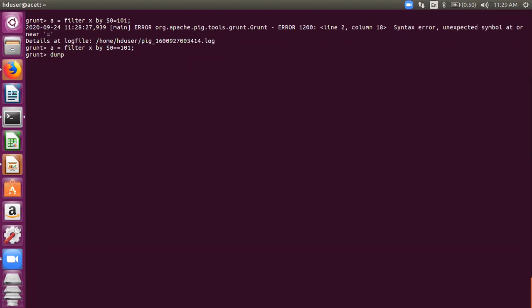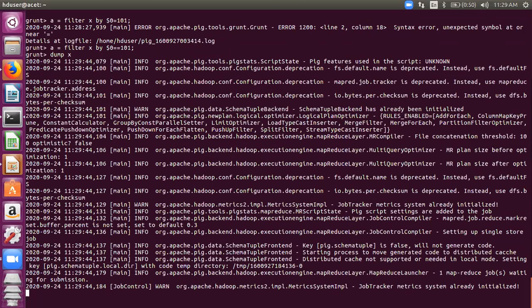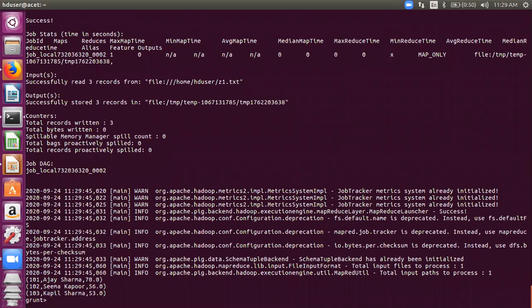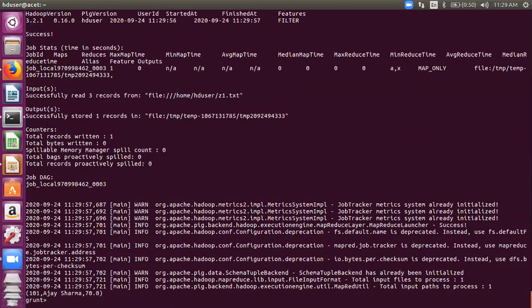Let me first dump x for you so that you can see: 101, Ajay 70, 102. So $0 has 101 only once, right? Now if I dump A, it's 101. It has filtered it out. So you use this filter x by $0 equal to this.